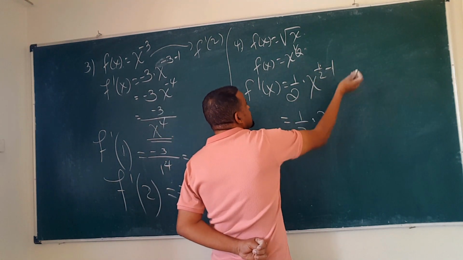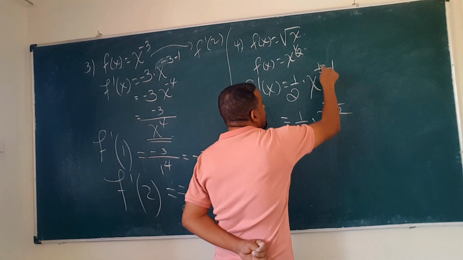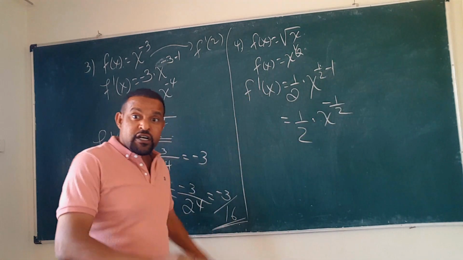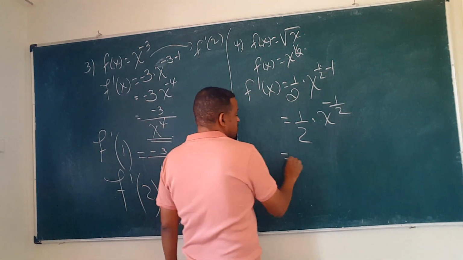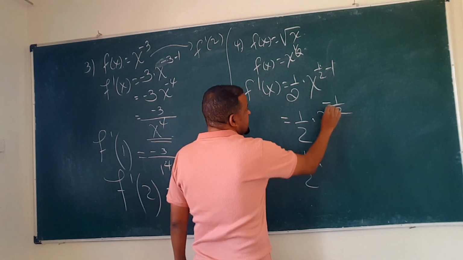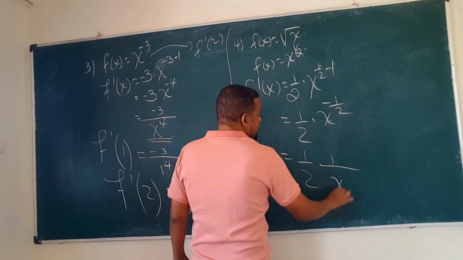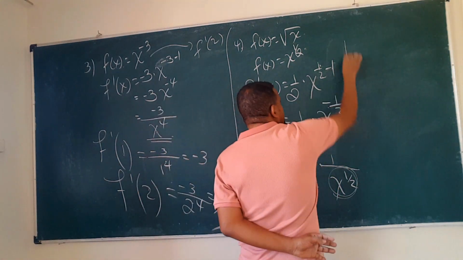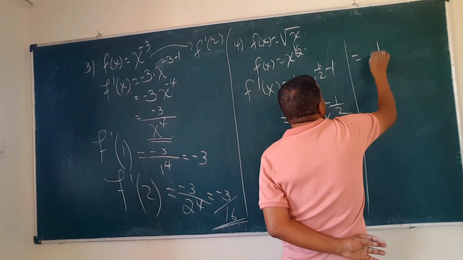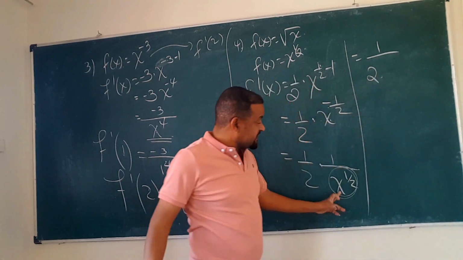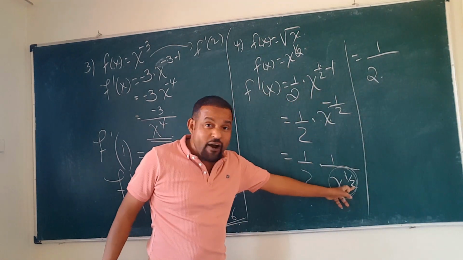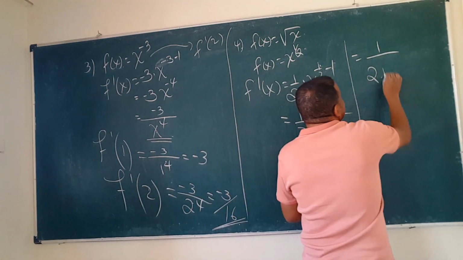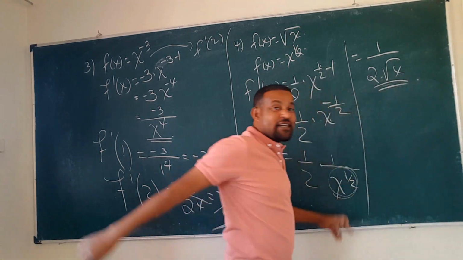So this will be 1/2 times x the power 1/2 minus 1, which is negative 1/2, so ወታች ይወርዳል እሱ so ምን ይሆናል 1/2 times የወታች ሲወርድ x the power of 1/2 so ይሄ ራዲካል ውስጥ ይገባል ማለት ነው so that will be 1/2 times radical of x so እዚህ መስራት ትችላላችሁ